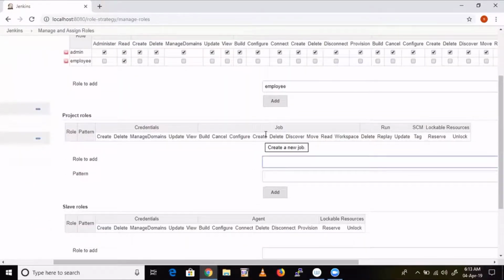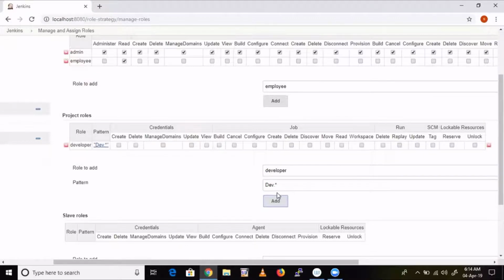Here I'm going to give the role name as developer. And coming to pattern matching, they are giving a pattern, so I'll give dev.* I will explain that one, guys. What is this? dev.*.